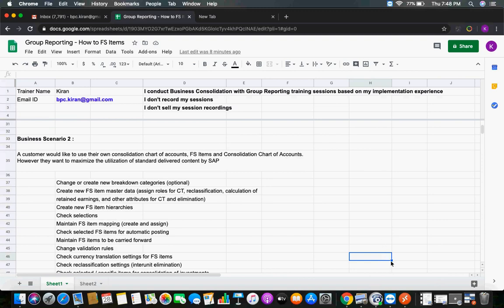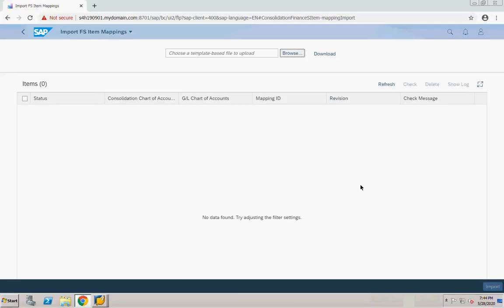Kiran, can we map the group chart of accounts also instead of the operational chart of accounts? Okay, so what you are saying: group chart of accounts means you already defined some group chart of accounts in your FI system.